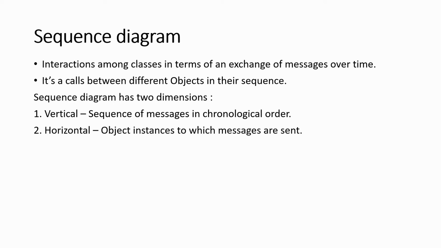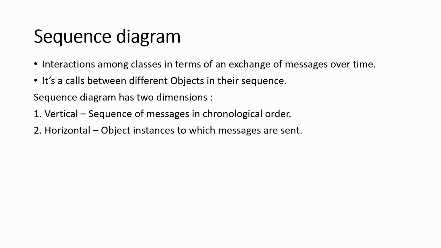All right, so a sequence diagram describes the interaction between different objects in terms of exchanging messages over time, and is used more to explore the logic of a complex algorithm or your operations. In the sequence diagram, a whole use case can be described, or it can be mainly a complex logic where you need to understand in more detail how your different objects will behave or how they will communicate with each other.